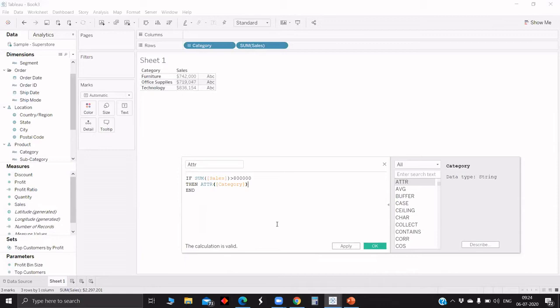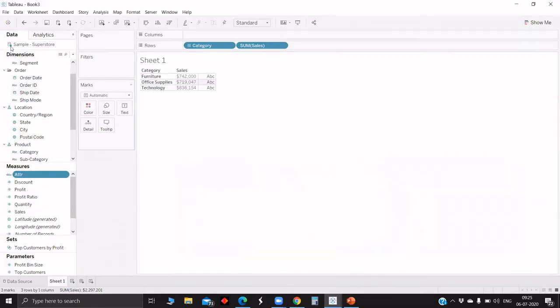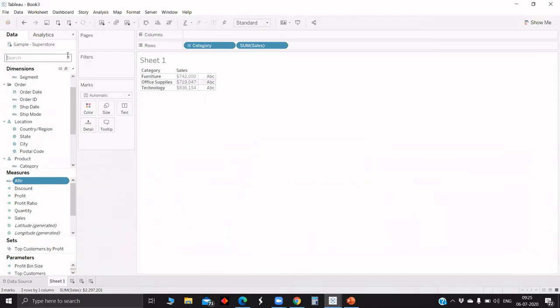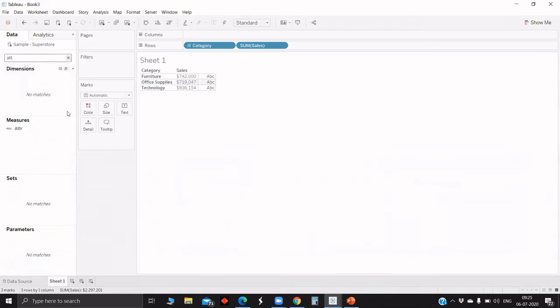So basically, in some places we can use aggregation directly. If in some place we get stuck, like we don't know which aggregation to use, or we want to use that field as is, then we can go with the ATTR function. It will aggregate, and we won't have any error. So basically, the ATTR function is used to make the field aggregate when there is a need.